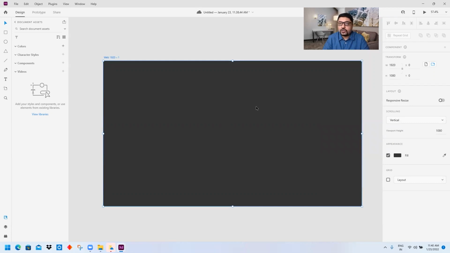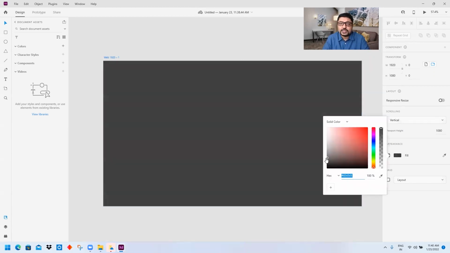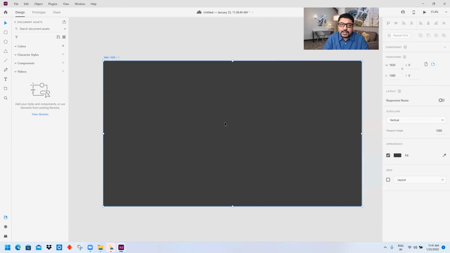I have always shown the preloader to my students on a white background. So I felt, why don't we take a different background? That's the only reason I'm changing the background over here. No hard and fast rule. I prefer not to create things on a jet black or 100% black background. So this is the 3E, 3E, 3E color that I can use in the background.